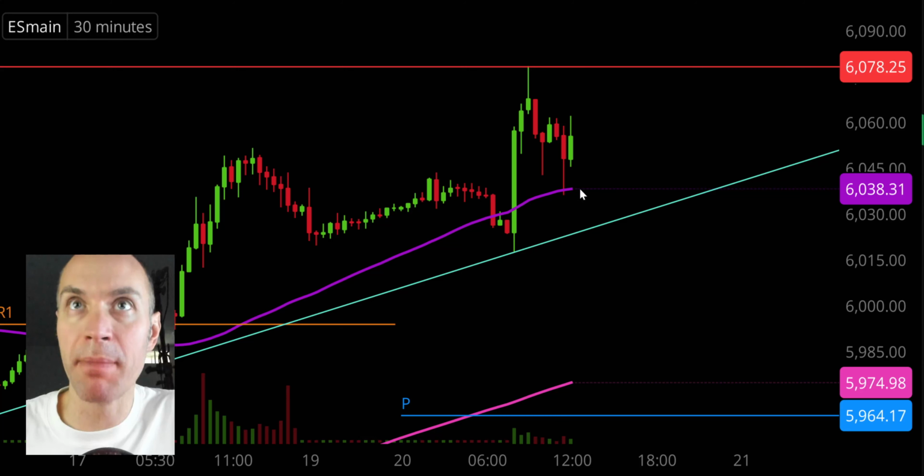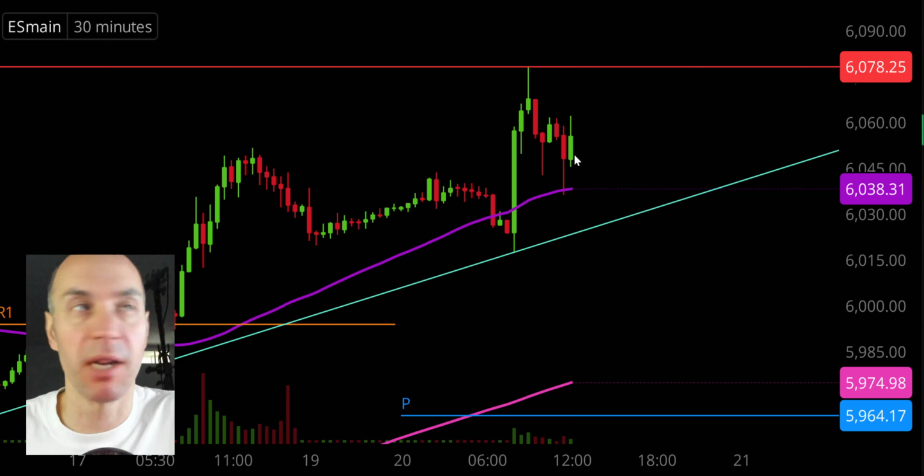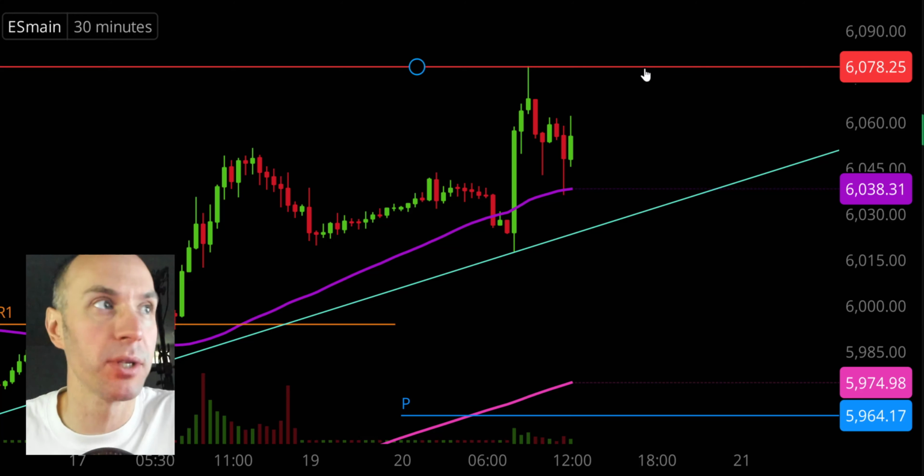So just because the purple line may fail, it doesn't mean it's game over, but that's where that trend line right there becomes a whole lot more important. And like I said, if the price does decide to continue to curl back upwards, keep an eye on that